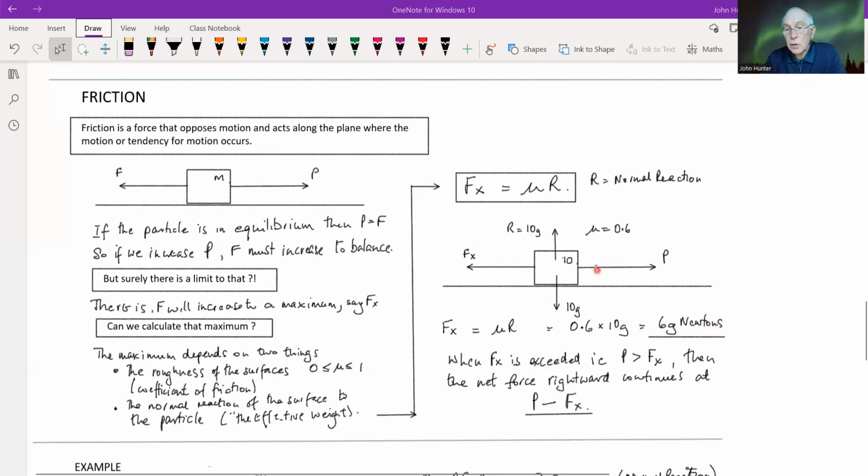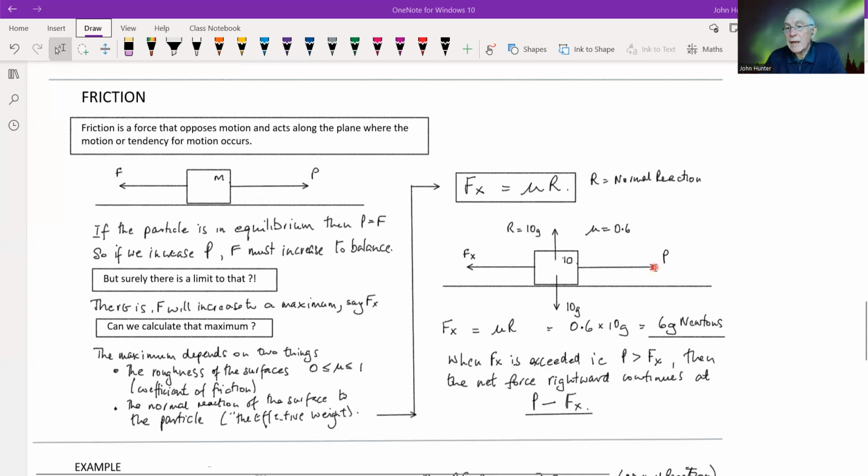So as we pull this, if we start off with a force of 1g, and just gradually increase it, well, it's going to get to 6g, and at 6g, it is on the point of slipping. We get to a fraction more than 6g, and then it slips,